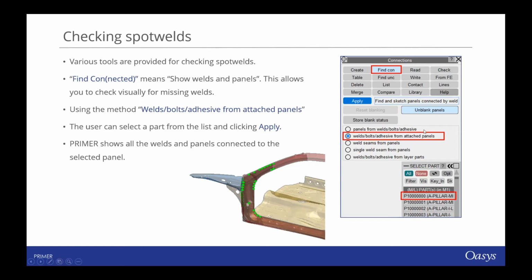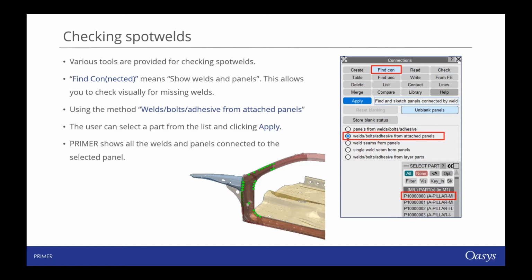So it brings up a panel of how you can choose to find connected. So if you chose welds, bolts, adhesive from attached panels, then you can select a particular part from a list and click apply. And then Primer will show all the welds and panels connected to the selected panel. So it could be a check if you want to see for any missing connections that may be there